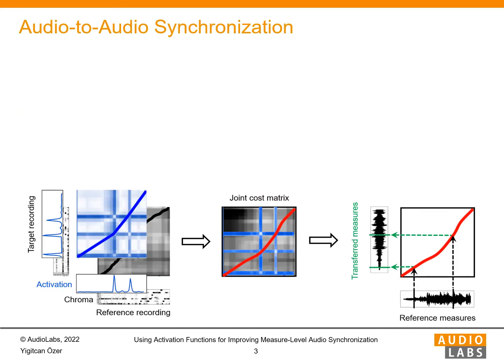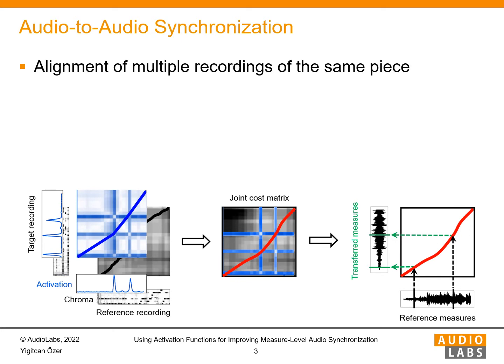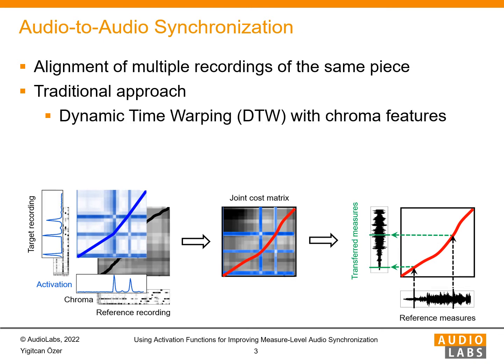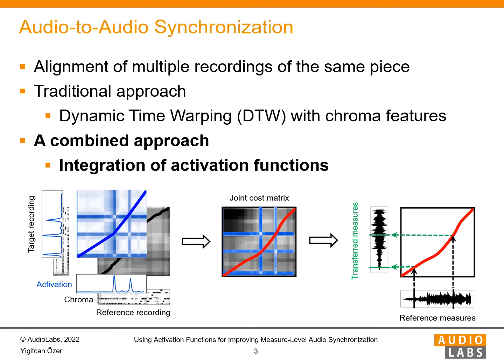In this work, we are dealing with audio-to-audio synchronization, which defines the alignment of multiple recordings of the same piece. Traditional synchronization approaches are often based on dynamic time warping with chroma features, but for music recordings involving soft onsets and abrupt tempo changes, chroma features can be unreliable. To provide a better temporal resolution of the synchronization, we introduce a combined approach that integrates activation functions into the